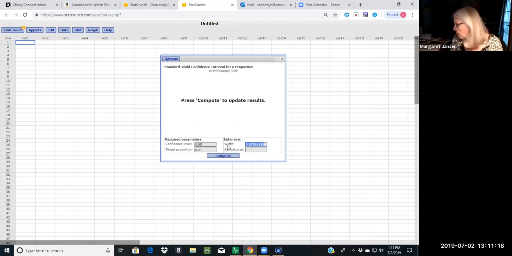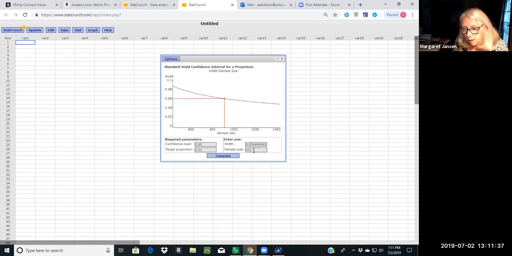In the problem that we just did by hand, the margin of error was 0.03, which is 3%. So 2 times 0.03 is 0.06. And that's what you type into that. And then you hit compute, and notice this is its answer,